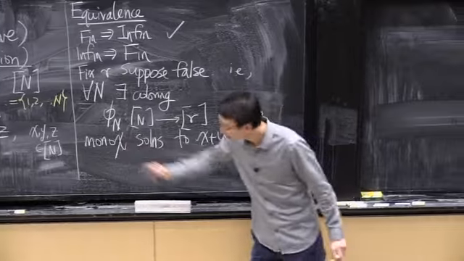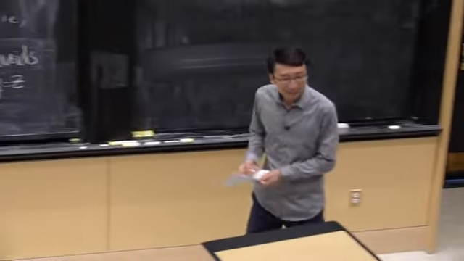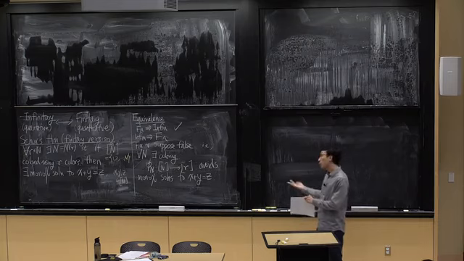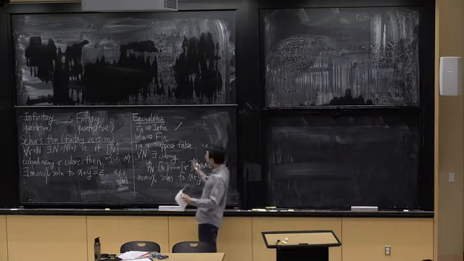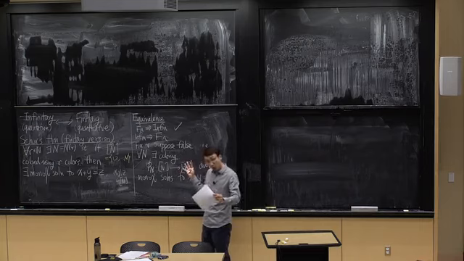I'm going to use chi as a shorthand for monochromatic. So suppose there exists such a coloring, and now I want to take this collection of colorings and produce for you